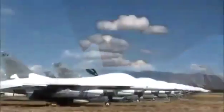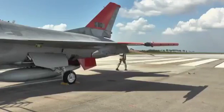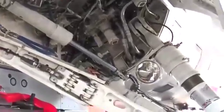So far, Boeing has modified 6 QF-16s, all of which had been stored at Davis-Monthan Air Force Base in Arizona. In fact, the plane used in the first unmanned flight had been out of service for 15 years. Modifying the F-16s to fly